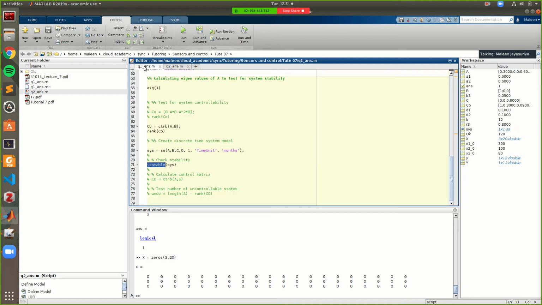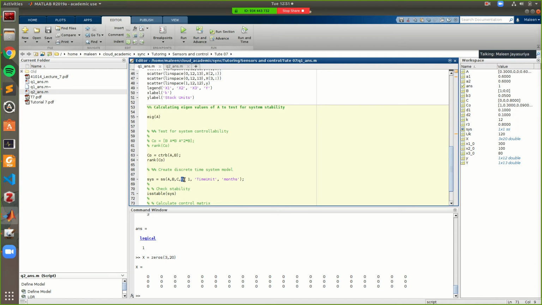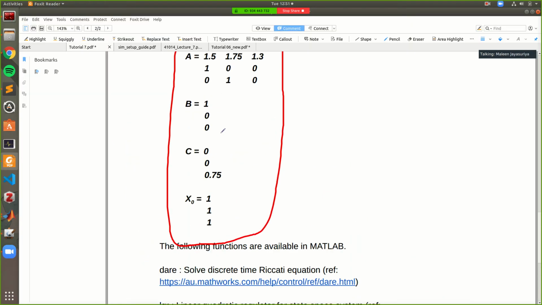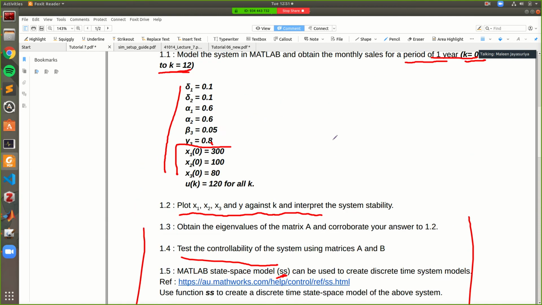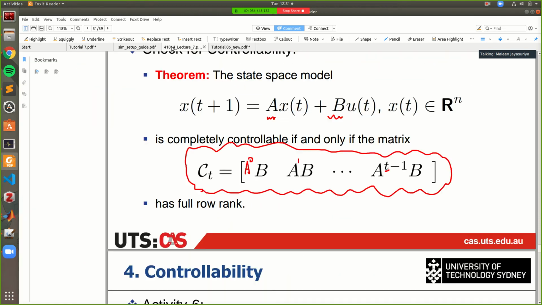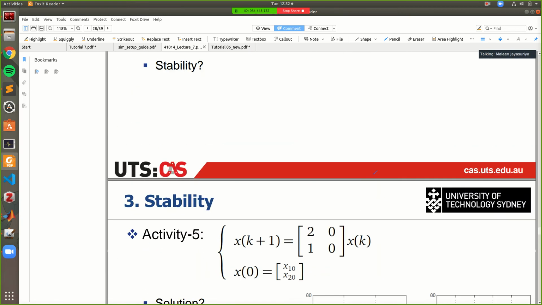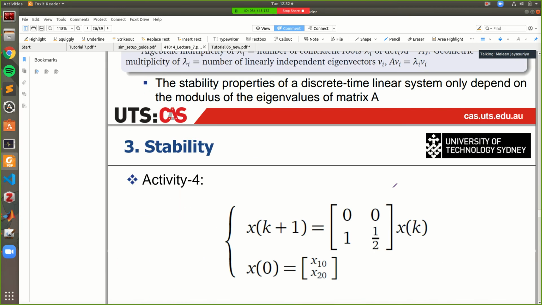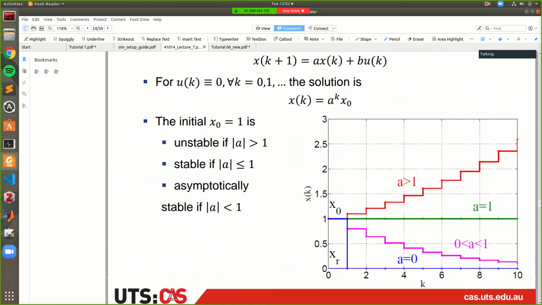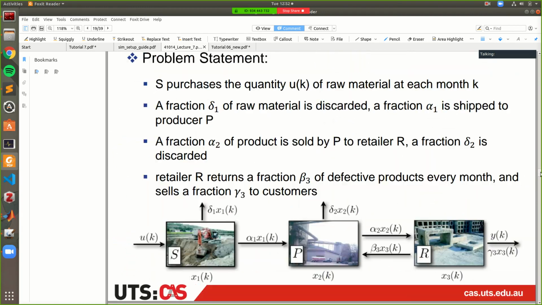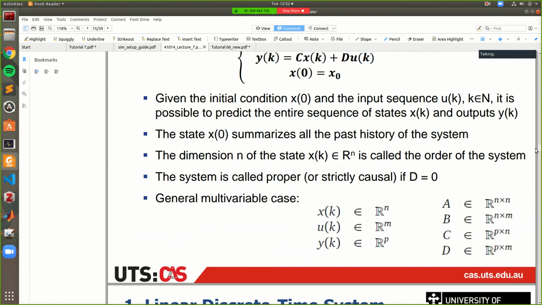In all the questions that we've done so far, you can see that the D value is 0. So D essentially means in our state space model, for your output, sometimes the input could also affect it. So let me see if I can find the state space equations.